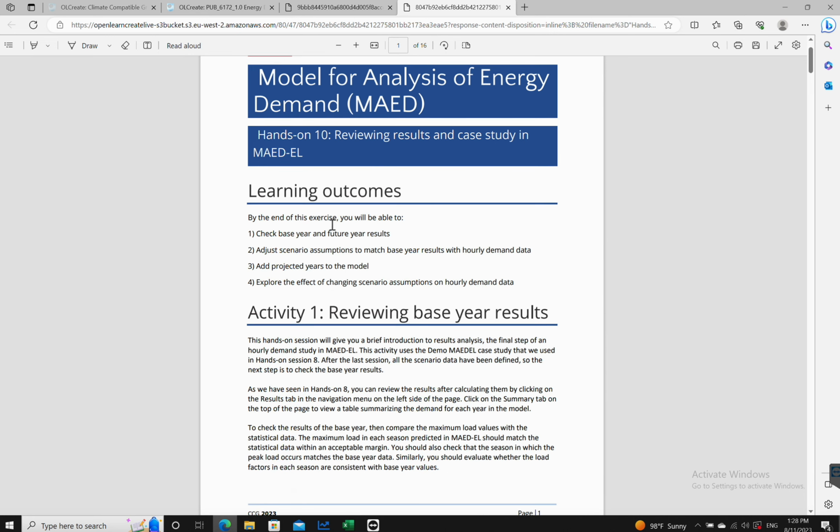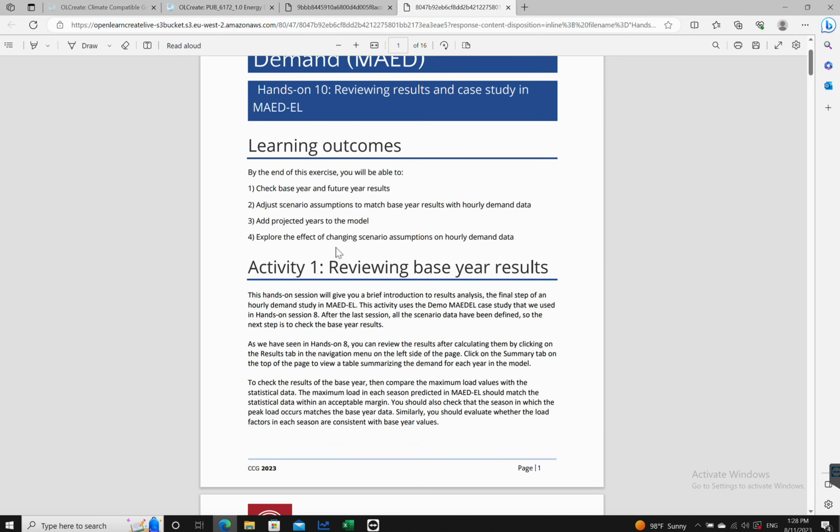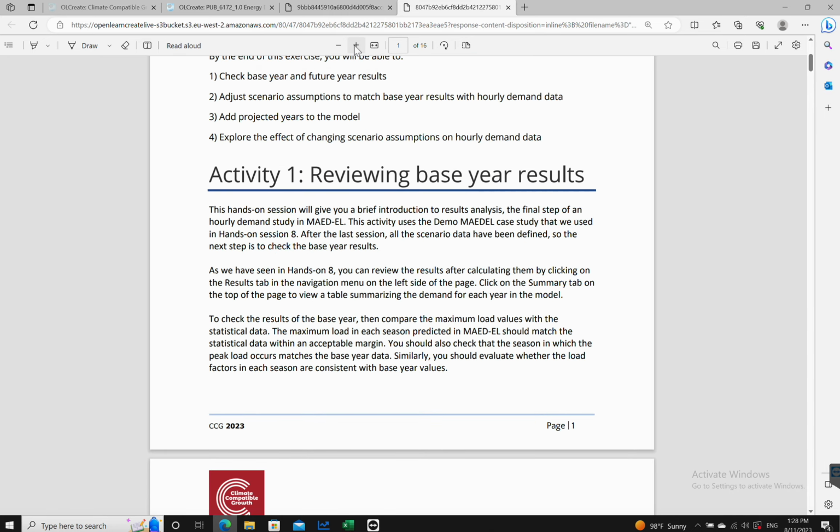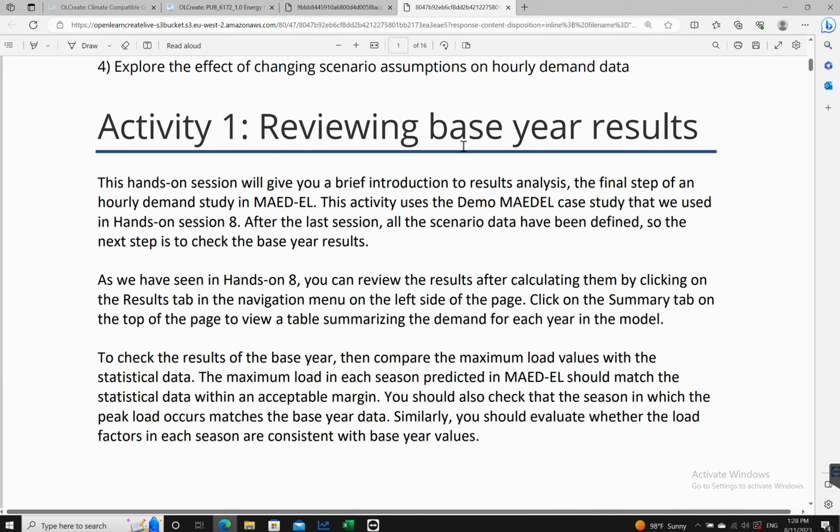What we're going to do is check base year and future years results, adjust scenario assumptions to match base year results with hourly demand data, add projected years to the model, and explore the effect of changing scenario assumptions on hourly demand. So to start off with, we're going to be reviewing base year